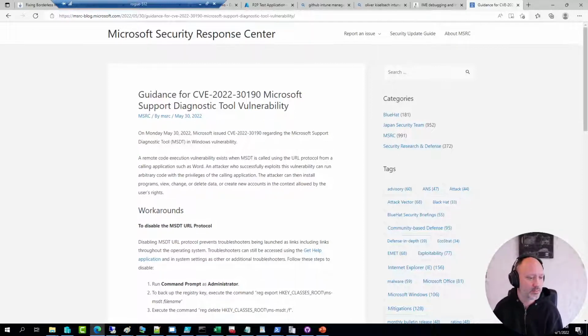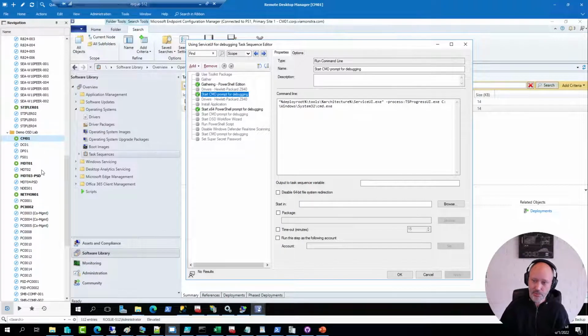Question here in the Zoom call. Hi, Johan. I received this error when trying to update the deployment share in MDT. Unable to mount the WIM, so update process cannot continue. Have I seen this? Yes, I've seen it a few times. The most common reason is that you have antivirus software blocking the updating of boot images in MDT. But an even more common one is all the leftover temp folders that MDT creates when you update the deployment share. So if I go to one of my deployment shares here,